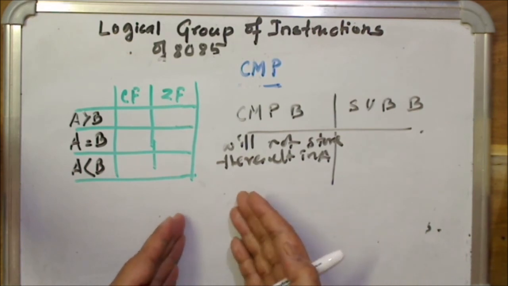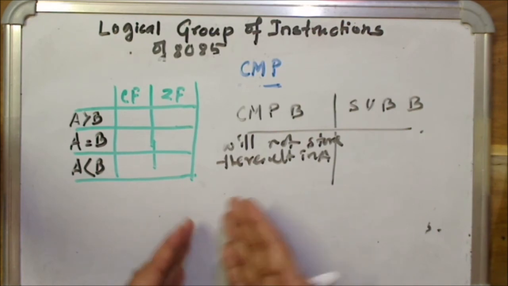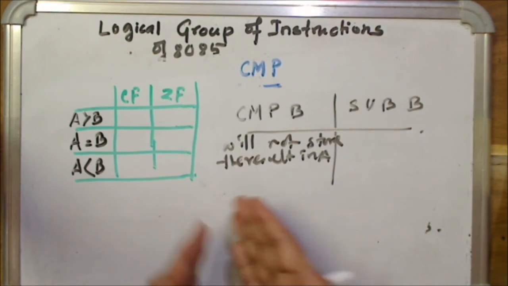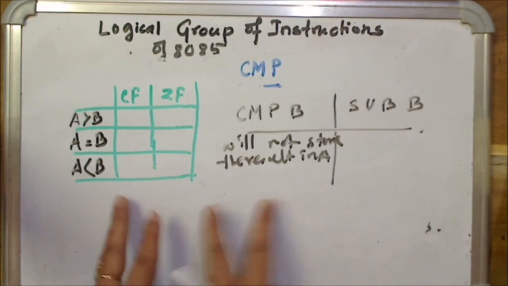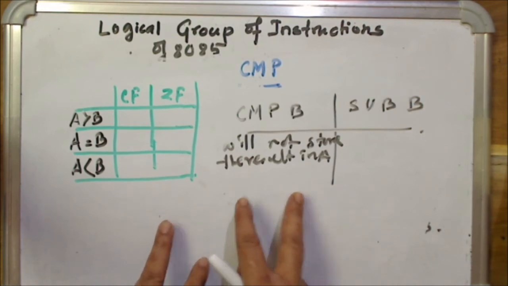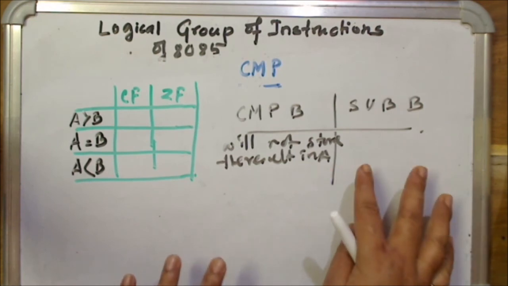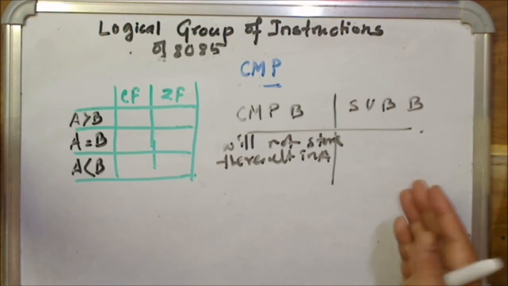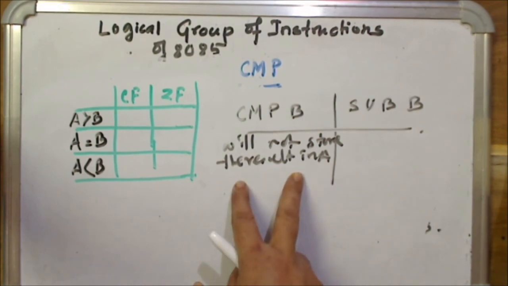Understood? Suppose you have got the 4th semester result and the 5th semester result. Your intention is to compare the numbers: which CGPA is greater, the 4th semester or the 5th semester. Your intention is not to reduce the numbers. So the processor does it by subtraction. But if you write subtract, the processor will again do A minus B, but in that case your intention was to subtract the numbers.